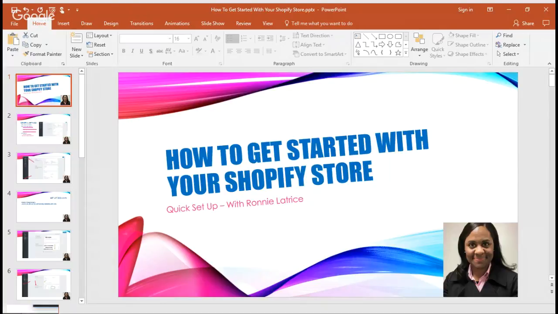So let's see. So now we're on online store domains. Now, how did I get there? I went through the online store, clicking on this icon right here, and then what it'll provide is domains. And what you want to do is set up your primary domain. And here is the button where you can buy a new domain. So what you want to do is